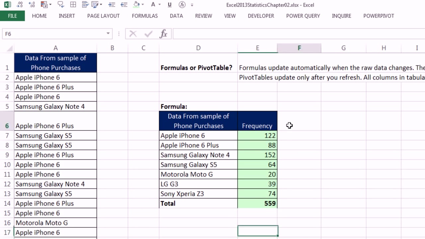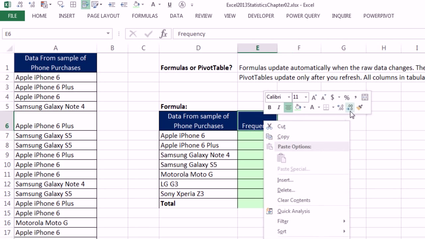Now we come up here, and I'm going to name this relative frequency. What does relative mean? It means relative to the total, what's the decimal or percentage going to be? Now for relative frequency, we'll use this later in our probability chapters. We're always going to show it as a decimal. What this means is I need to compare 122 divided by the total, 88 divided by the total, 152 divided by the total. Relative frequency.